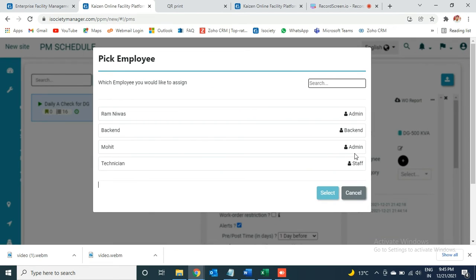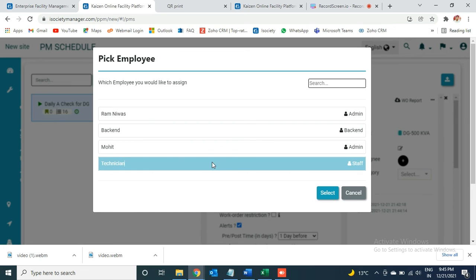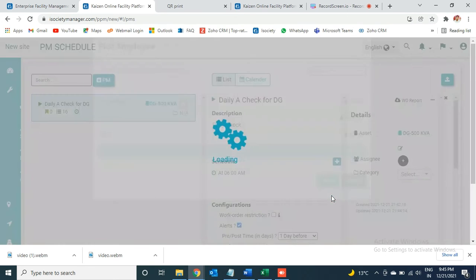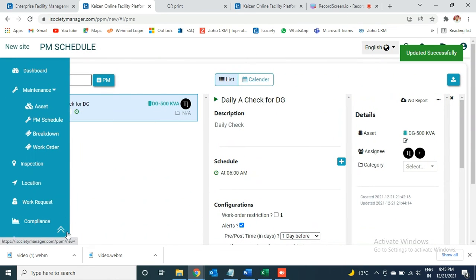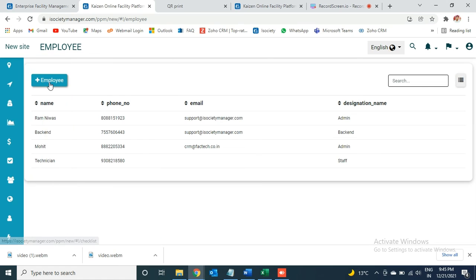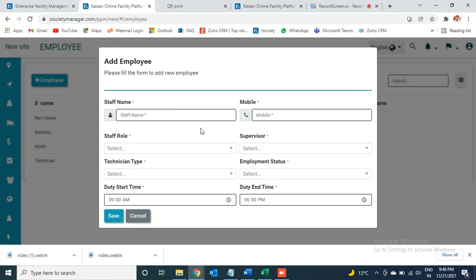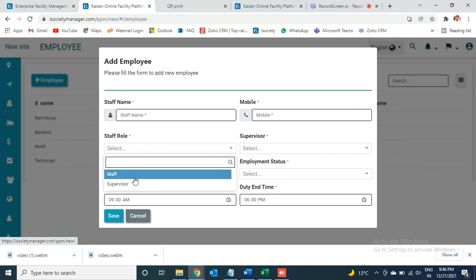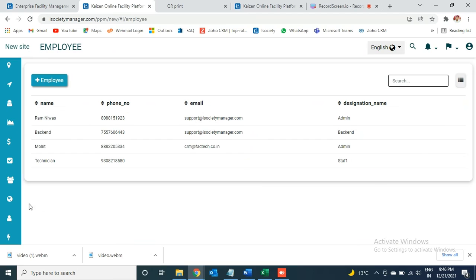We use here the staff login, that is technician login. Technician is nothing but just a name. You can also add your own employee from this option. You can add employee, plus employee, all the mandatory fields. But remember, select it as staff so that a technician login is created for the particular staff.